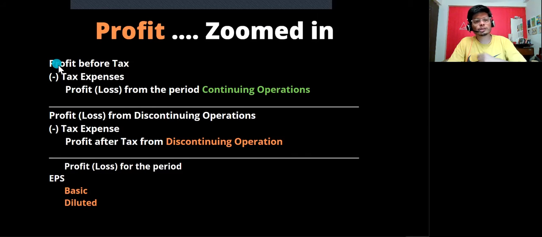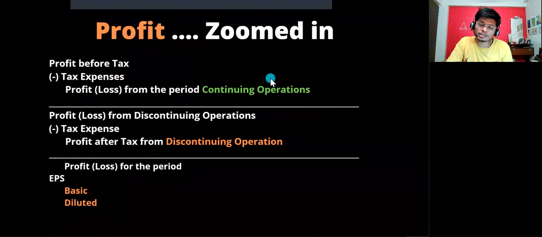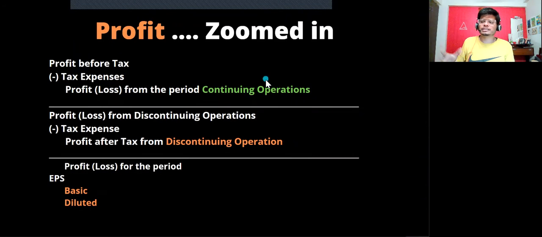As I have shown you, the profit before taxes, then tax expenses. This gives you the profit and loss from continuing operations. Any business that I'm continuing to operate, those are continuing operations, any going concern businesses. Going concern is basically any business that I want to continue going forward. Those are continuing businesses. And any businesses that are being discontinued, profit from those items minus taxes, or profit after tax. So it's the same thing, it's just that discontinued operations and continued operations have been separated.